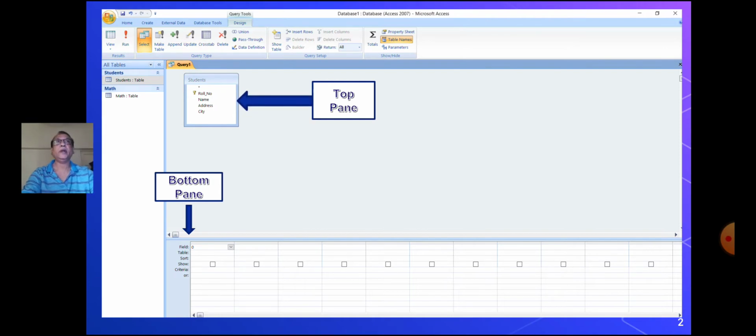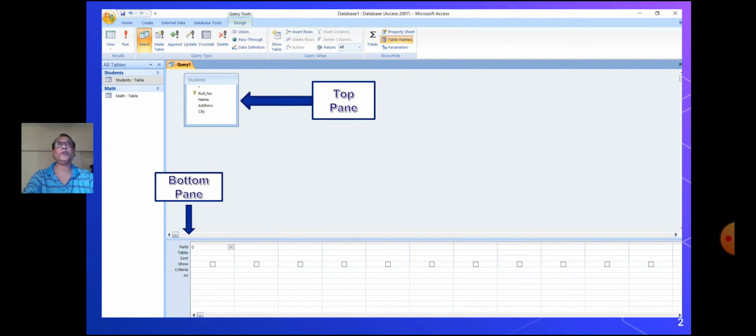These joined lines link key fields that share the same field name. The joined lines indicate table relationship that relate the data in one table to the data in another.